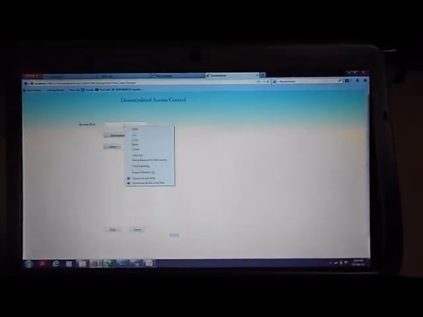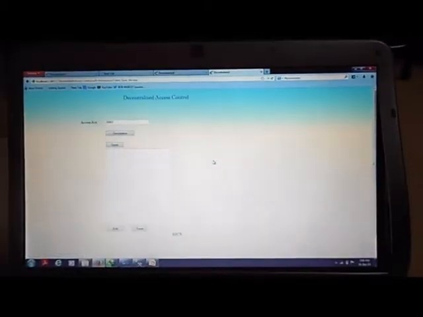So now I'll select the file. I have that access key for that file. I'll select the file, and now I'll try to view the file. I'll select file, open file. Now I have to put that access key. I'll decrypt that access key. Decryption is successful. Now I'll open the file and I can view whatever data was there in that file.